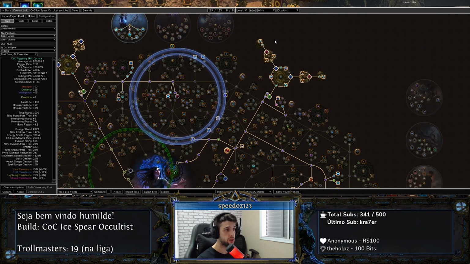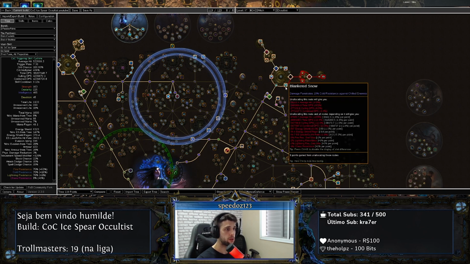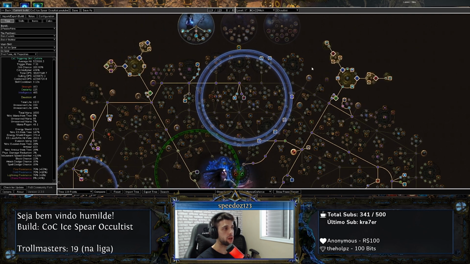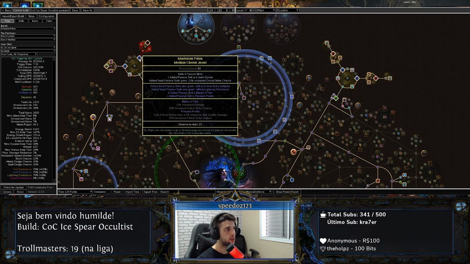But if you have the currency, I would definitely get something like this. Because of the Blanketed Snow, it is an amazing node that penetrates 10% cold against chilled enemies. Disorient and Display because it gives us blind as well. Prismatic Heart because of the elemental res. One medium cluster has Master of Fear and Wish for Death because of the unnerve property, and also the Culling Strike against cursed enemies. The medium